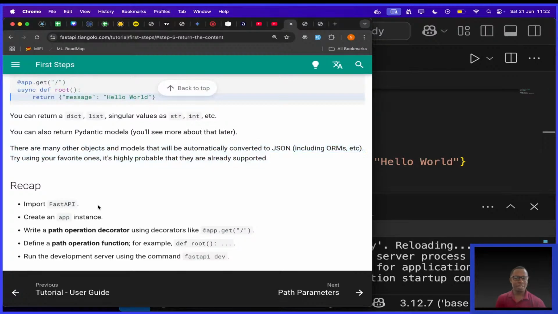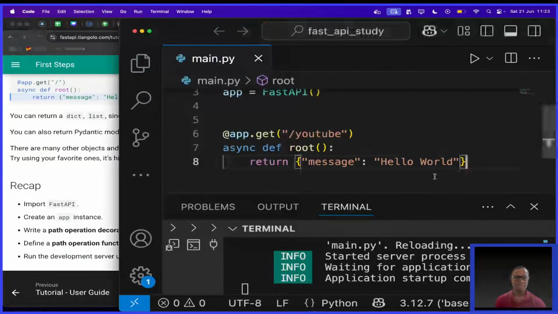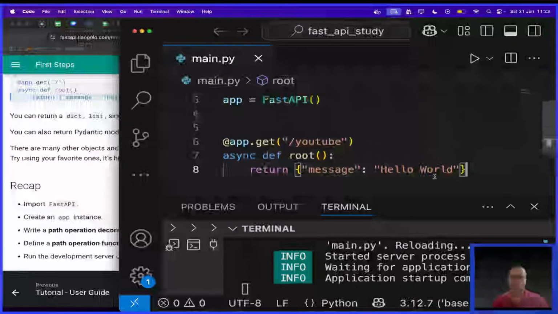So the recap is: import FastAPI, create an app instance, create a path operation decorator like app.get, define a path operation function, for example def route, and run the development server using FastAPI dev. Let me try something. Imagine I was creating a login function, okay?